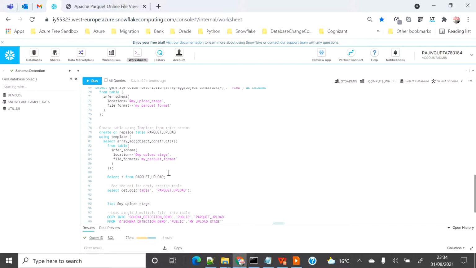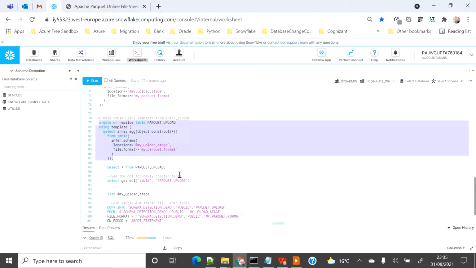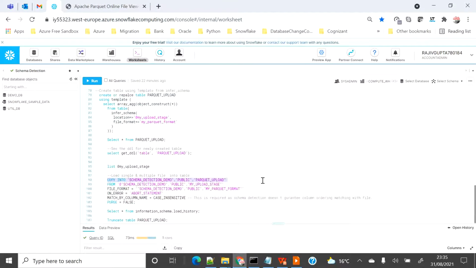But as of now, to reload the data, if your table structure got created in a different format and you are loading the data based on the file sequence, it will fail. To overcome those issues, you have to use match by column name, so that you overcome the column sequence issues. In whatever column sequence your flat file or table is, it will just match the column name, and if the column name matches, then it will load the data.